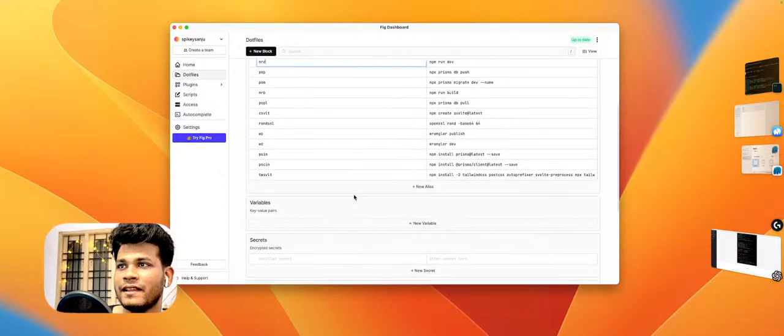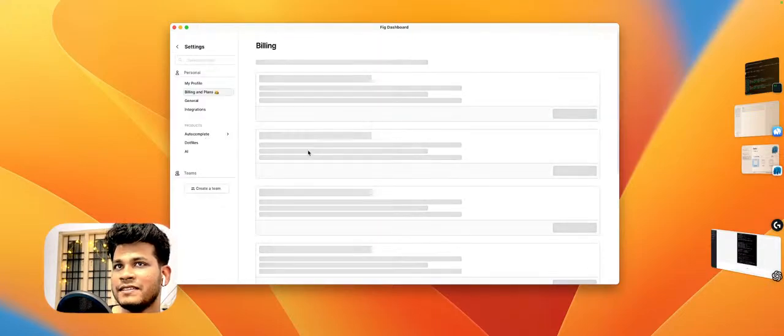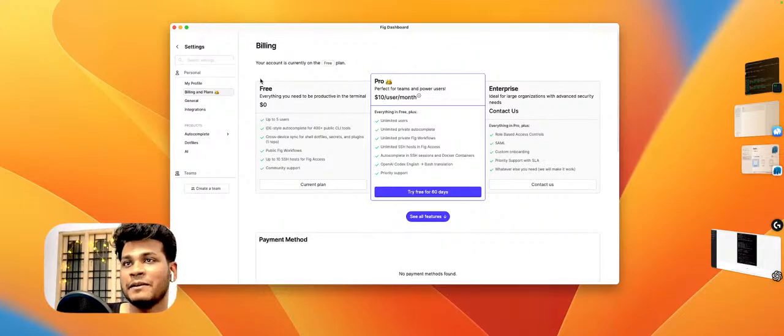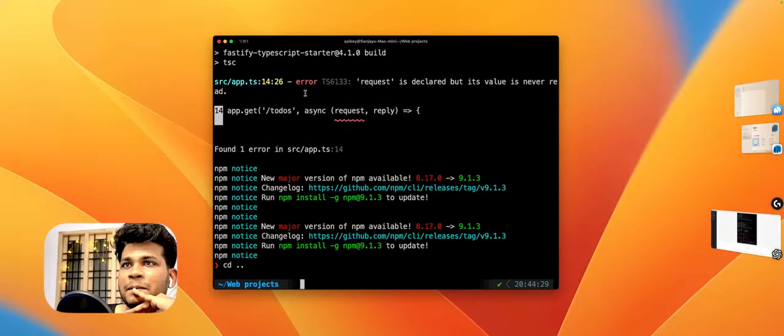I'm using the free plan, and I think the free plan is much more capable of doing anything you want. It is basically for teams. So apart from that,